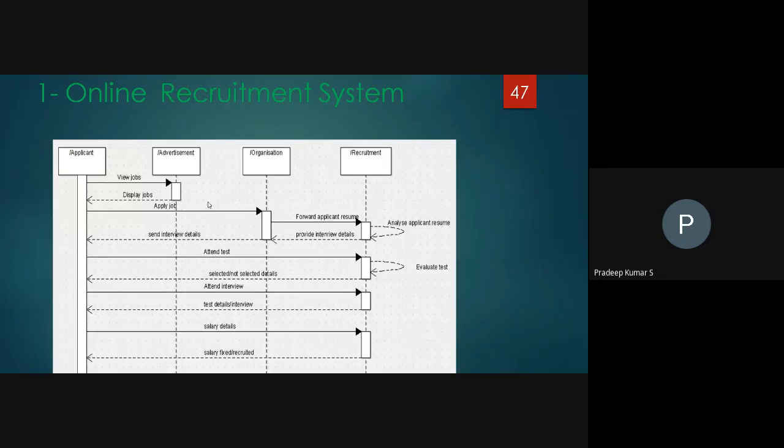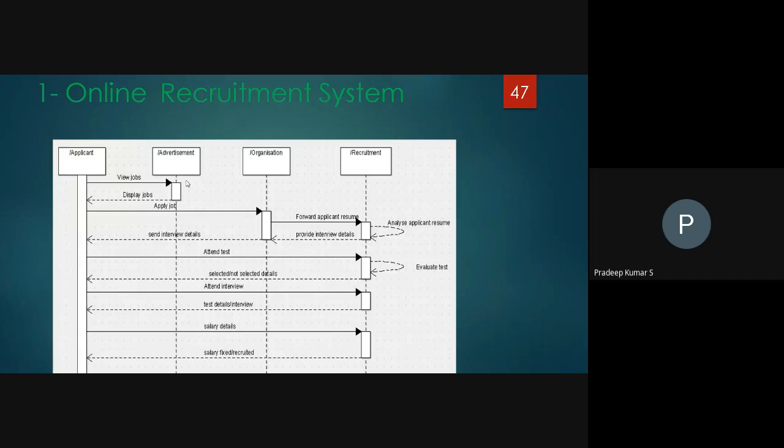Similarly, during recruitment, several iterations take place. Initially the primary test, a written test, followed by the technical interview, and finally the HR interview. Likewise, they announce the result. That is the iteration, shown by the dotted lines. Here also there are two-way communications.